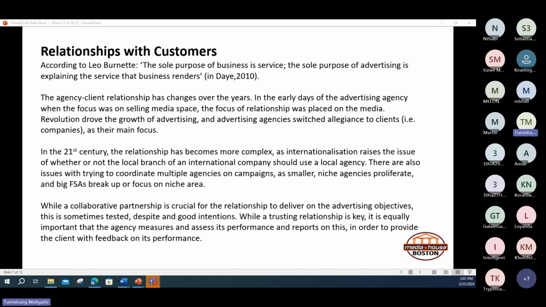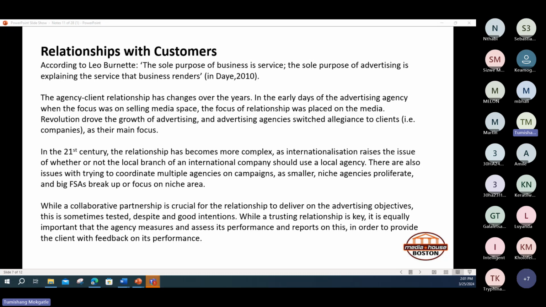So if we were to run an advert, for example, let me give you an example. If we were to run an advert for noodles, let's choose noodles. Now we're saying that it is very important that the advertising agency, so let's take the class as an advertising agency, you guys are responsible to measure and see: is the advert being watched? Are there sales? Are we pushing traffic to the store? Meaning pushing traffic, that we need to make sure that we persuade consumers or customers to come and buy the